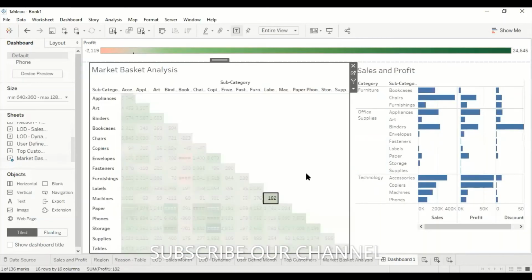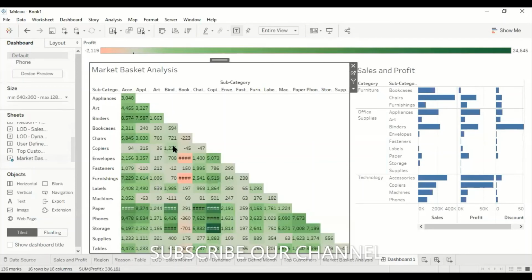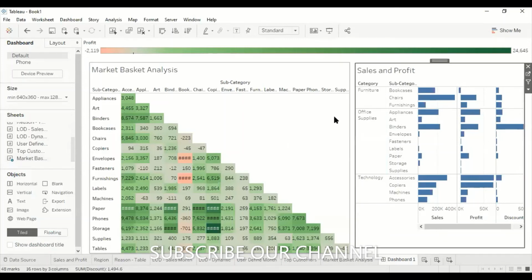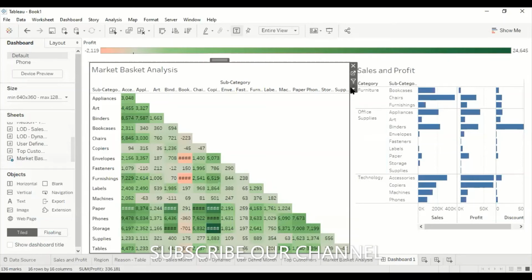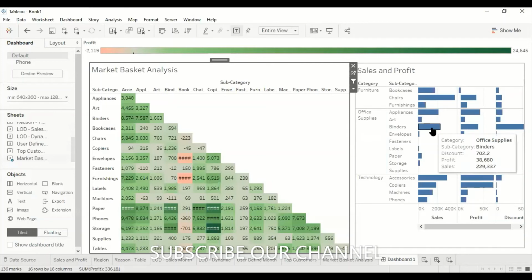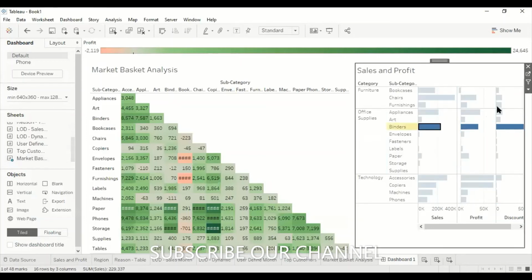Yep. Okay, so some values you can set the screen later. Next, I want to connect this sheet with this sheet. So what I can do is, there is an option called filter. Hit on filter. Same way here also I have to select the sheet and hit on filter.